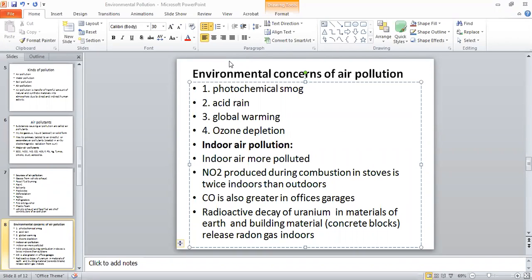ये क्योंकि आपके विंटर के अंदर मॉइस्चर कंटेंट जो है, ह्यूमिडिटी जो है वो एयर में ज़्यादा होती है, तो क्या होता है कि फॉग formation of a dense fog takes place, which is suspended in these tiny droplets of water, which are called as the mist, and the result will be the production of photochemical smoke.